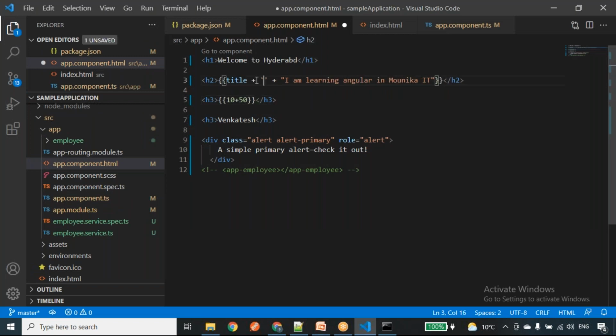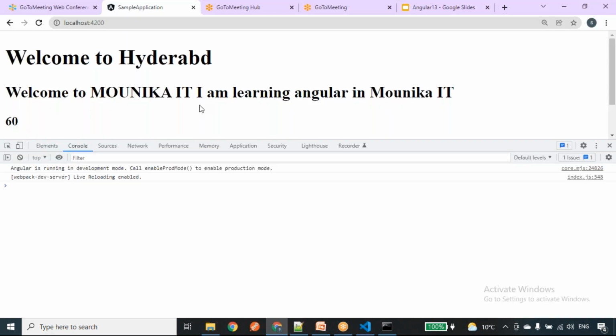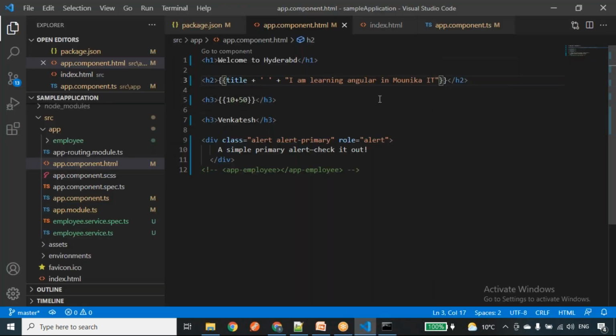I will take an empty string in double curly braces so that it takes a space and concatenates. So we can get the entire text, like Welcome to Monica IT and the other text. We can do all these things by using interpolation.